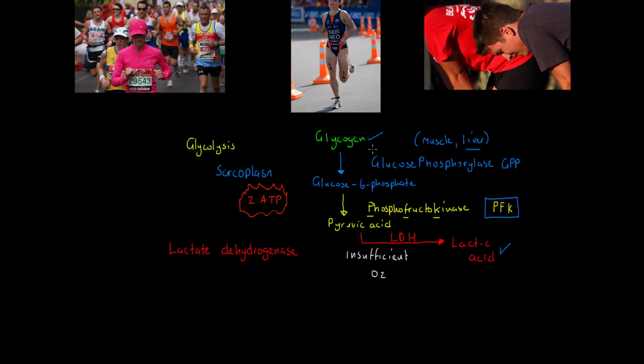But we said our fuel source for the anaerobic lactic acid system is glycogen. We break that into glucose, and we break glucose into something called pyruvic acid. Now in this case, when we have insufficient oxygen present, we convert that pyruvic acid through a process of fermentation in the presence of an enzyme called lactate dehydrogenase, or LDH. We convert it into lactic acid, which we know is fatiguing, but as I also mentioned, because